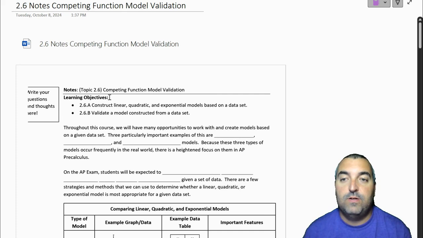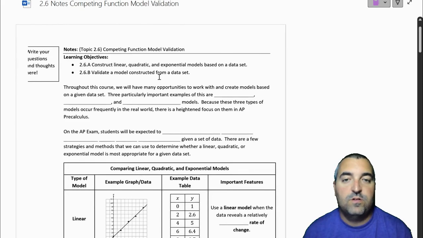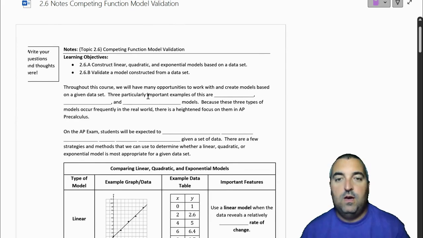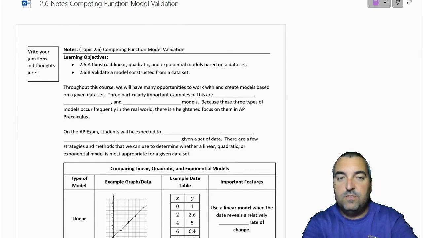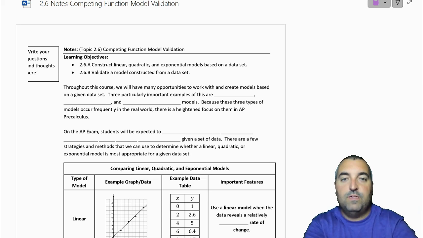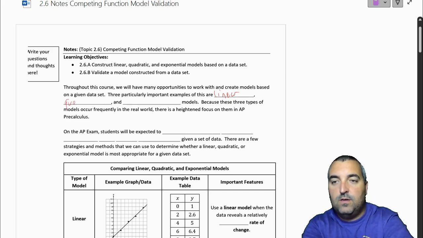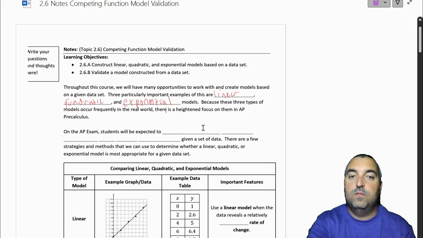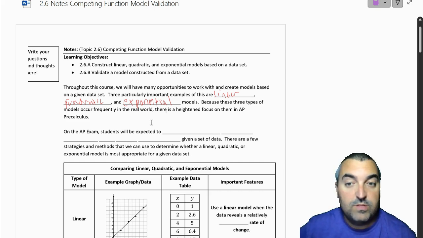Today we are doing topic 2.6, which is competing function model validation. So we've looked at many ways of creating models given a data set. Right now, we've really focused so far in this course on three. We've talked about linear, quadratic, and now exponential models. These are the three that will happen the most frequently in real world situations, and they're the most important